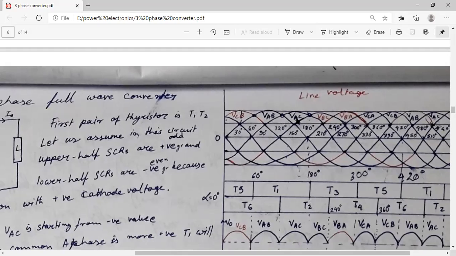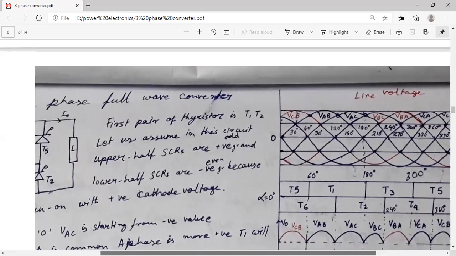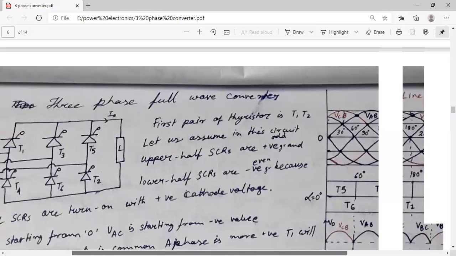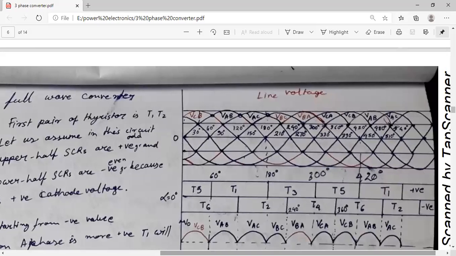In this VAB and VAC, which one is common? A phase is common. So the positive half of this cycle for A phase is T1. VAB means T1, T3, and VAC means T1, T5. So this is our conduction sequence diagram, which we will